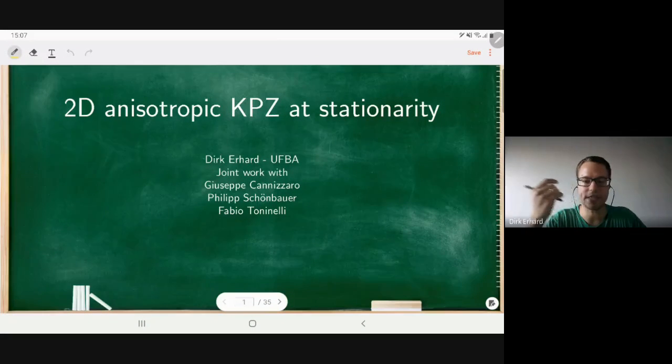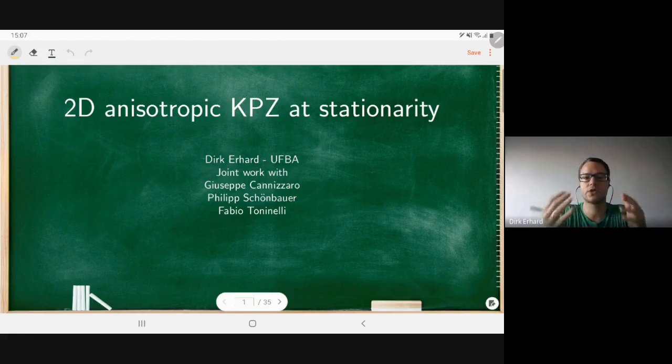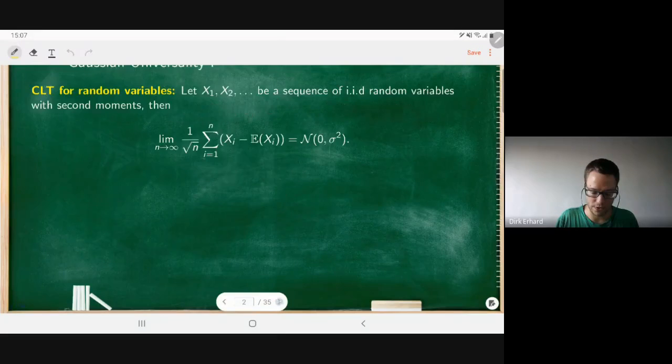Okay, so what's the starting point? Well, probably one of the most fundamental questions in probability theory is the one of universality, right? Which essentially says, well, if you do a certain experiment many times, then the exact details of the models of the experiment shouldn't really matter. You can describe the outcome using the same distribution. And well, the first result